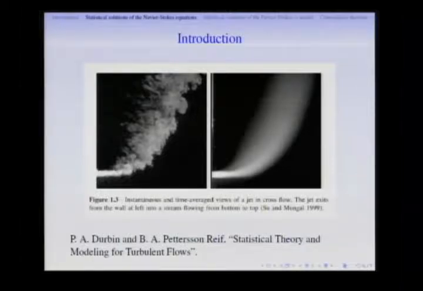Not no idea, but it's hard to predict. But on the right-hand side, we have the time average view of the flow, and it seems more regular, at least more predictable,